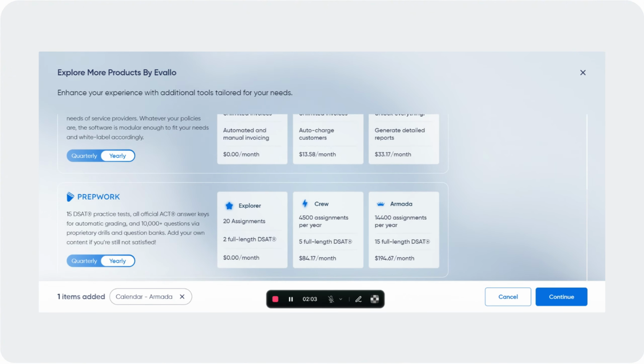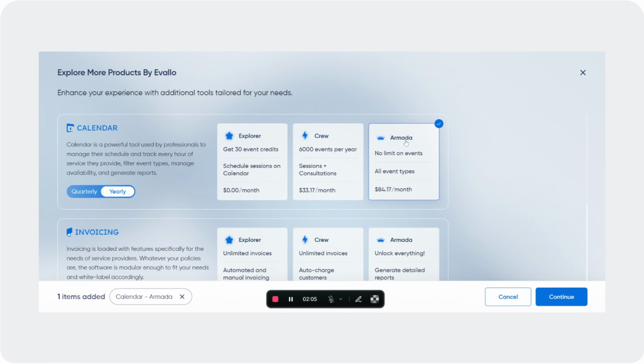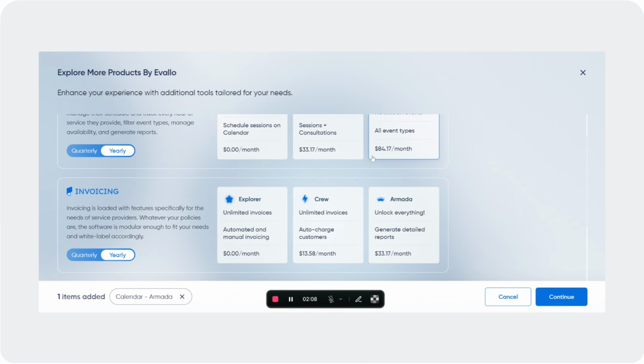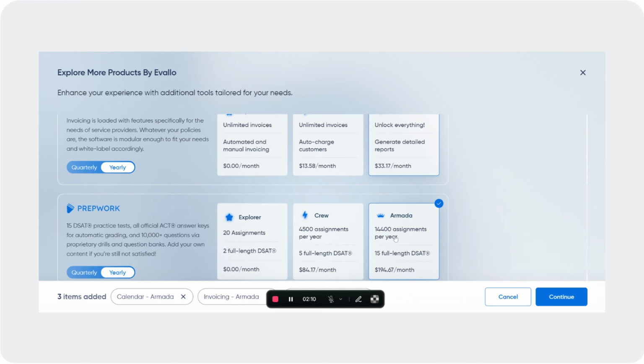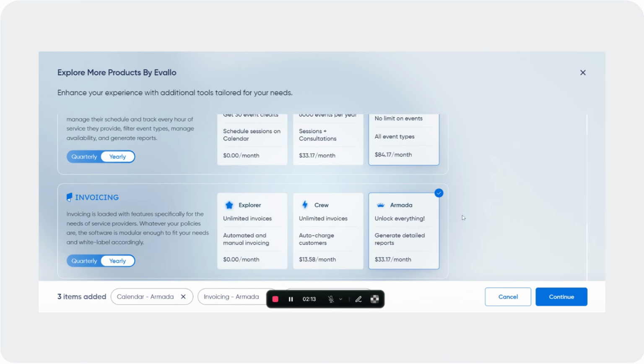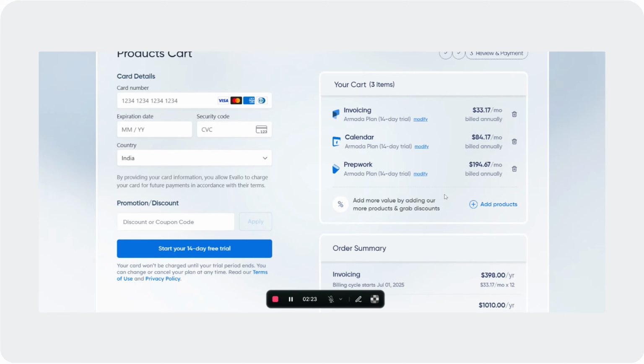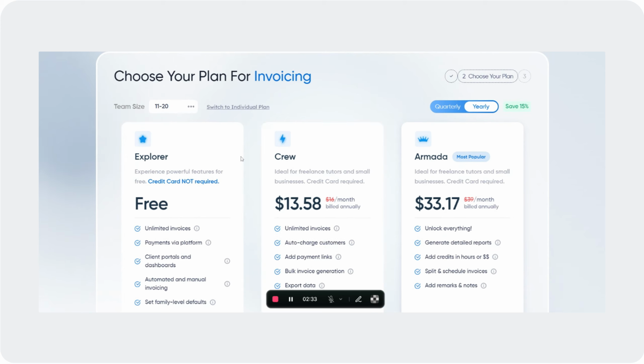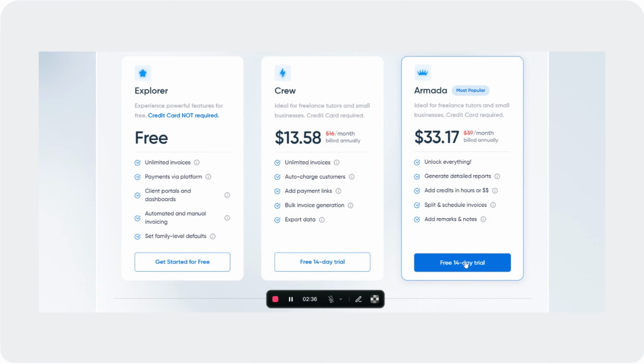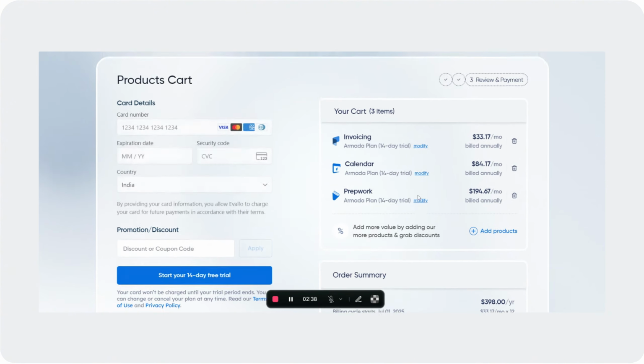They can click on that and you can see that the selected plan for a product would be visible here. And then if the user wishes to purchase new plans, they can select the plan that they want to purchase for different products. Once they've done that, they can view the details here. They click on continue. Now you can see that the cart has been updated with all the products. In case they want to make any changes in any of the existing plans that they've chosen, they can click on this modify button. If they click on this, they would be taken to this page again where they can choose a different plan for that particular product.